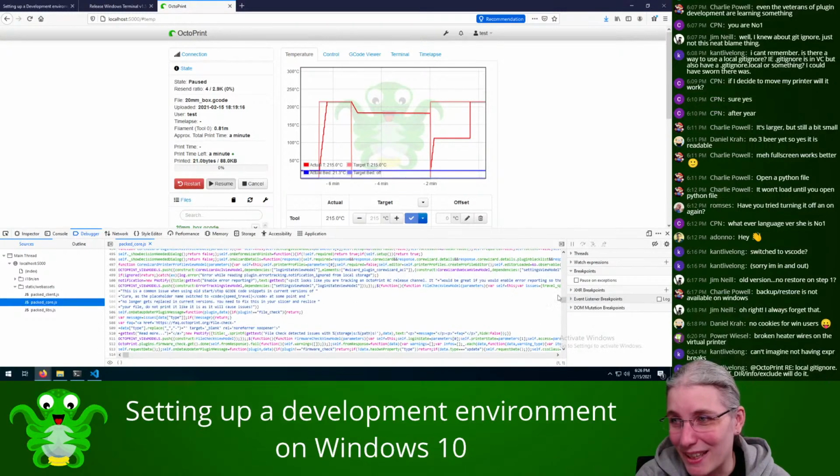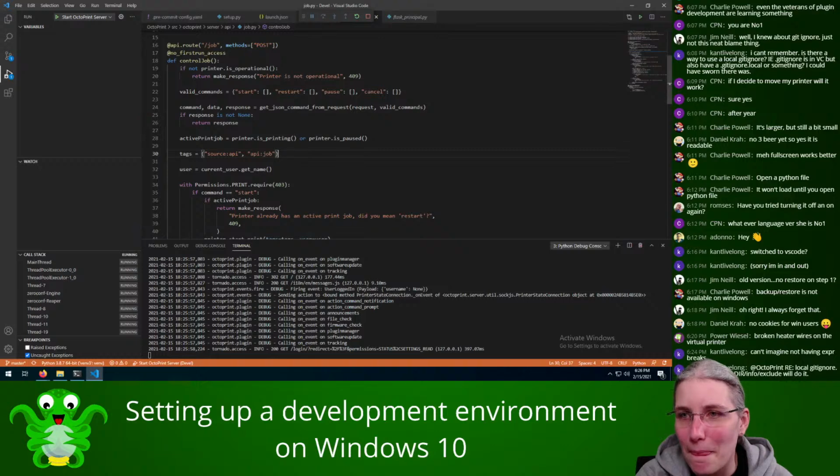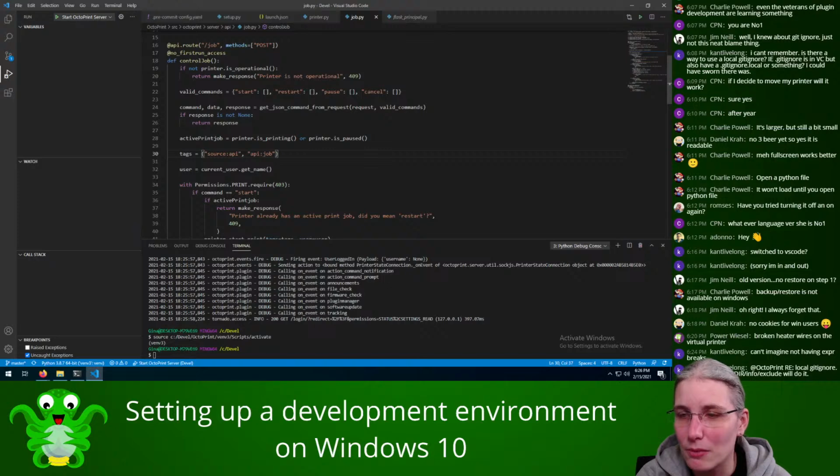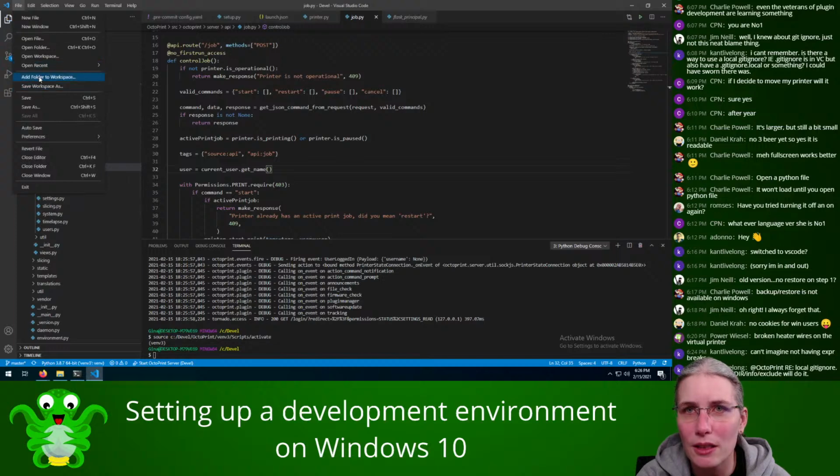In theory, I'm not going to do this here because all of this is, you know what, we're actually going to quickly change that. So we are going to stop the server. No, here. I found it. I found the stop button. Isn't this awesome? We are going to add another folder to our workspace here,